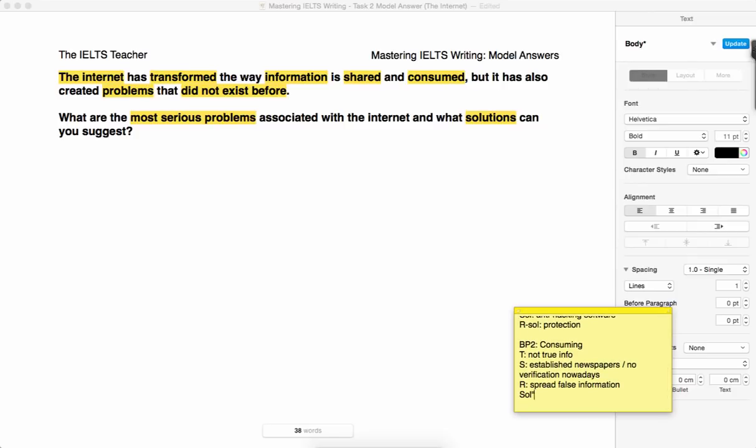How do we solve it? That's a key issue here. So how could we solve it? Well, we could hire people that would typically work in newspapers and other fields of journalism to check facts. You had actual fact checkers. So social media sites should really hire fact checkers to check the validity of information before allowing it to be